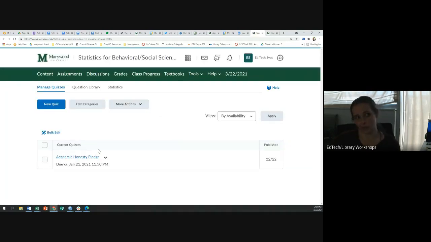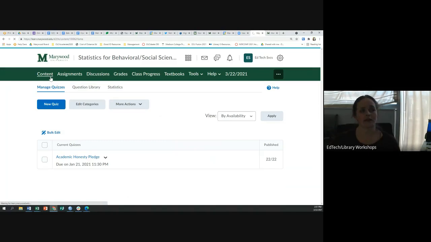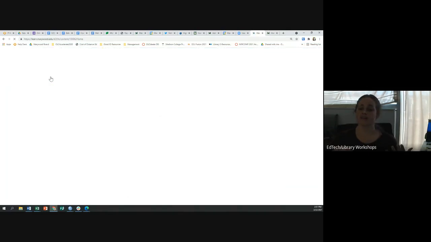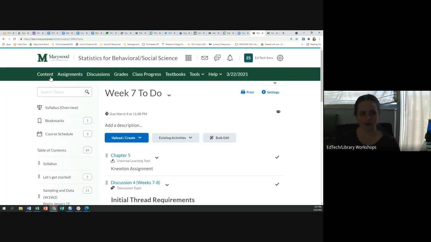I don't do a lot of quizzes. And then there's also a tool in here. But each one of these pages is a type of tool, and all of those tool items are together. Now the content page is how you organize all of those things and how you put them together. All right. So on this content page,